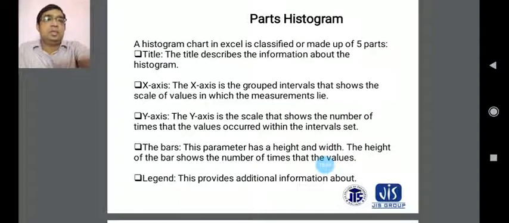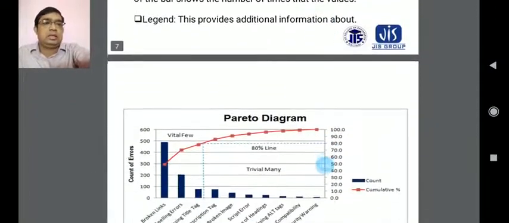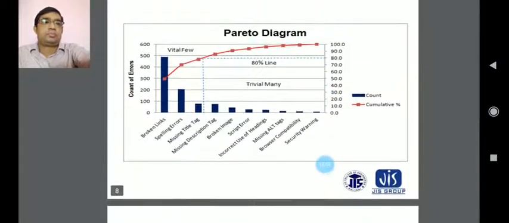And basically, with Grapher you can very easily draw the histogram diagram and also the bar chart. All things will be handled according to the graphers, and the legend will also be used for the parts of histograms. And another thing, the Pareto diagram.